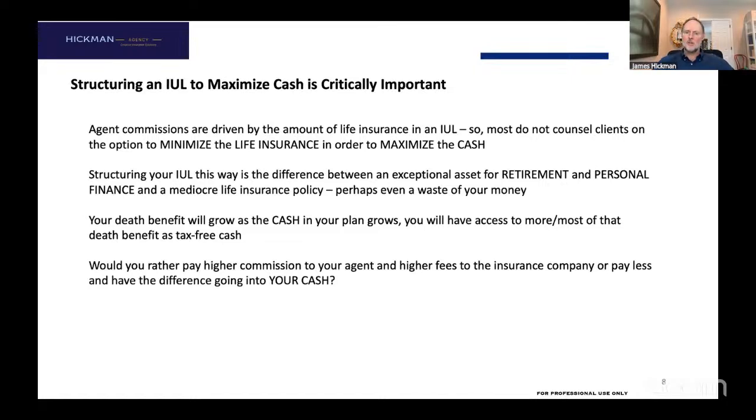If I don't see, when we structure it correctly, 70% or more of the money you've put in your first year in your estimated cash, estimated because we don't know what the stock market's going to do in that first year of your policy. But whatever, use the estimated cash. If I don't see at least 70% in there, I'll tell you it's underfunded. It's not adequately funded.